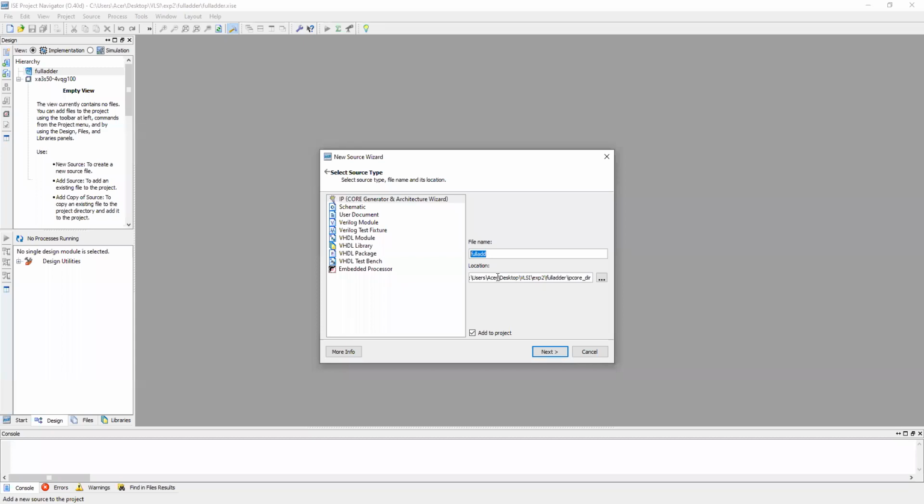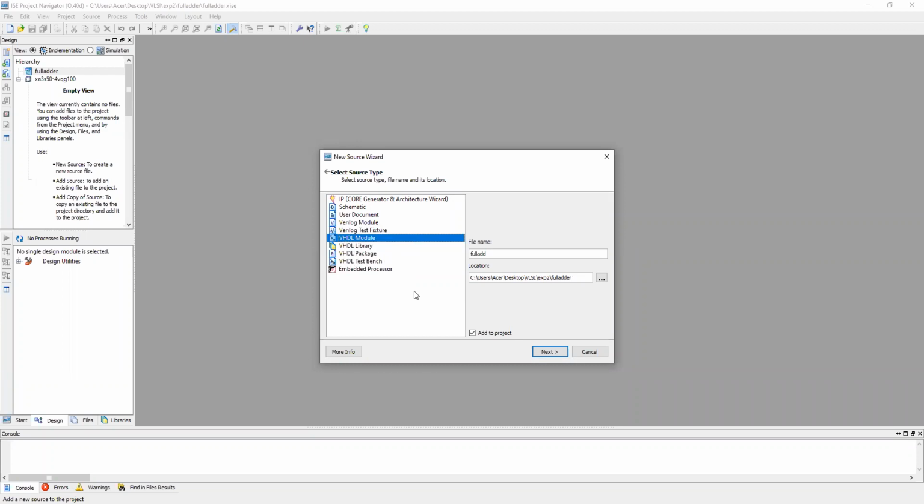Then which language are we using? VHDL, right? So you have to select a VHDL module. There are many options: schematic, Verilog module, Verilog test fixture, VHDL module, VHDL library, VHDL package, and VHDL test bench.